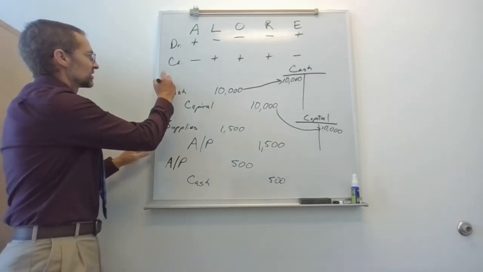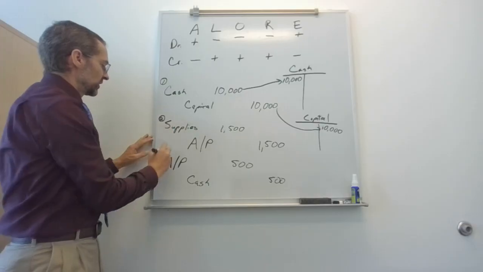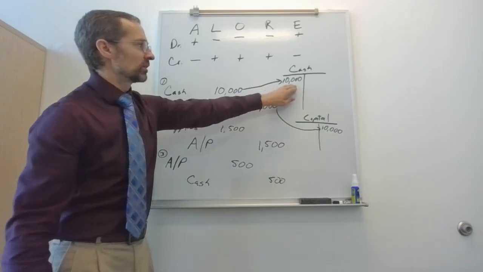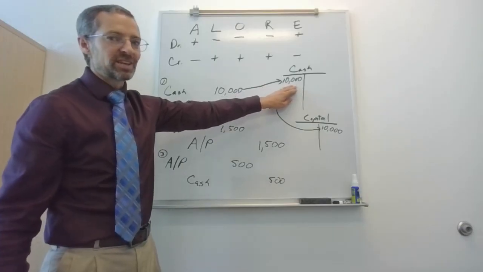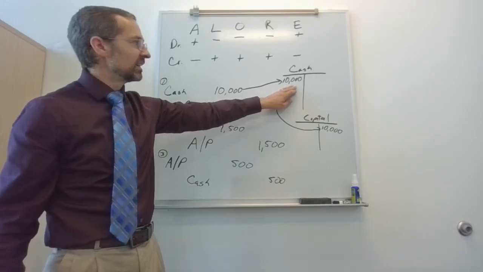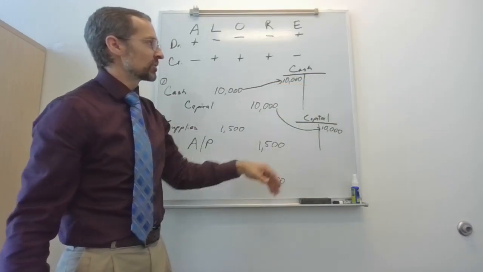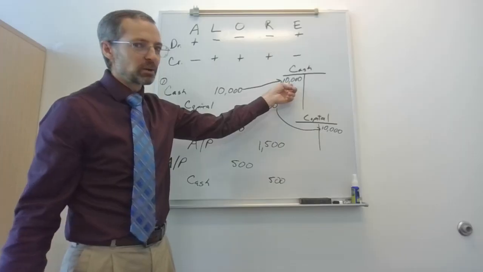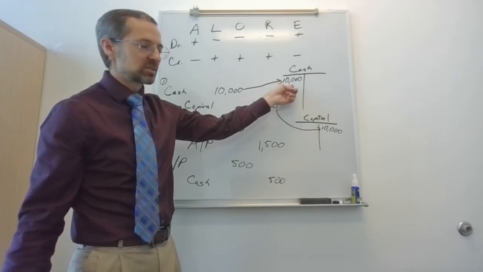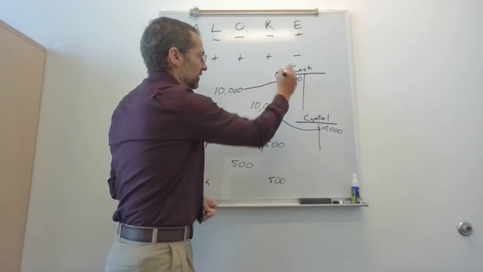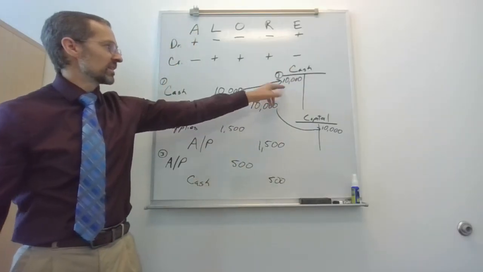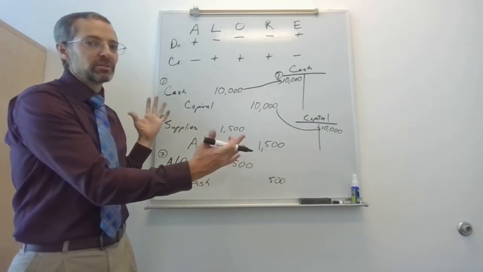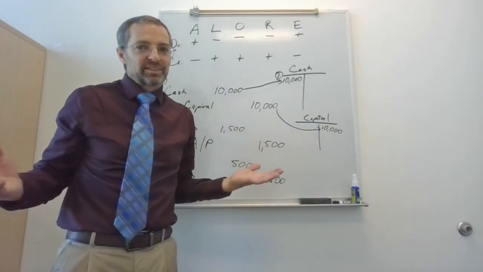Now, we could say that this is journal entry number 1, this is journal entry number 2, that is journal entry number 3. And so you'll often see a notation in the ledger saying, where can I find more information? Because if I'm looking at the cash entry, it doesn't tell me why I got that $10,000. So if I want to find out why I got the $10,000, it'll say, well, go look at journal entry number 1. And so then I can go back, find journal entry number 1, and see the entire story of what happened there. Kind of like, again, the history of Minnesota.